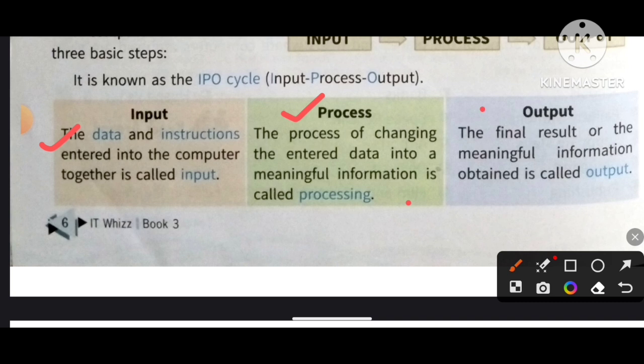Then after that, what is output? The final result or the meaningful information obtained is called output. When the final result comes after processing, it is called output. For example, with the sharpener, our pencil is input, the sharpening is the process, and the output is the sharpened pencil. The input is our initial pencil, which is not sharp. So it works on the three basic